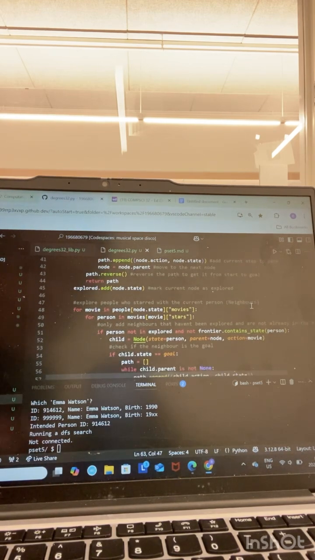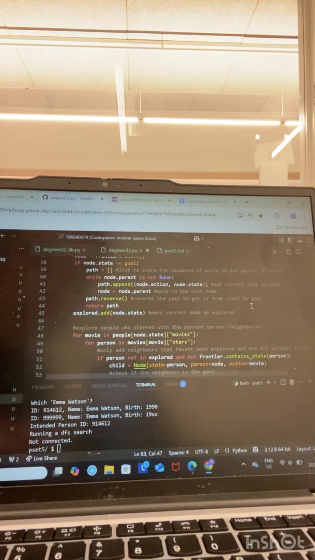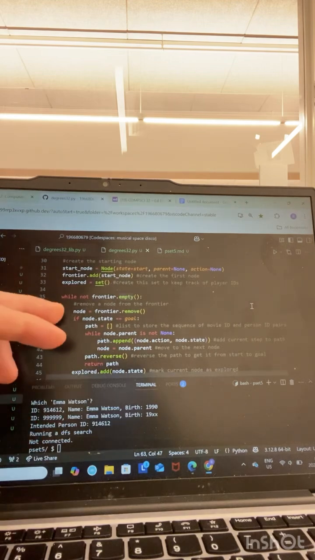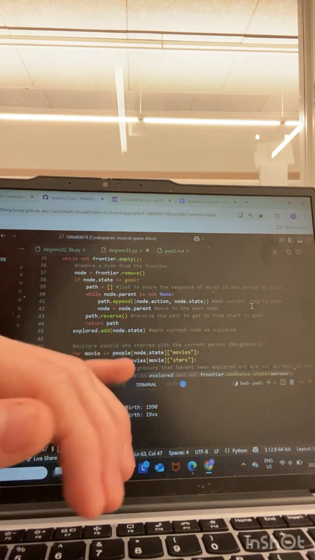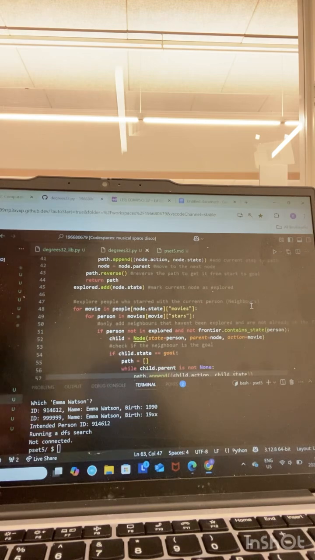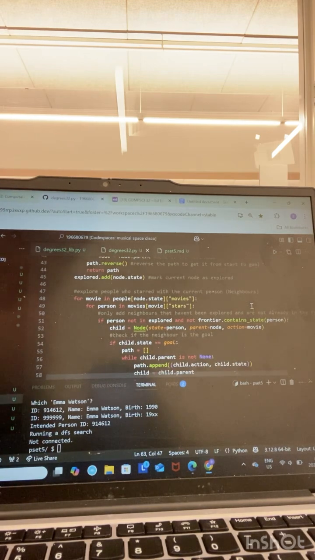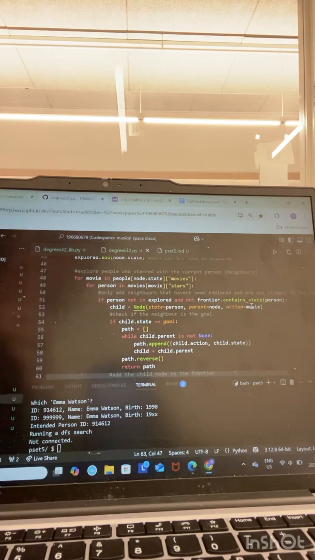Okay. And now, once we do that, we return the path. If this is not true, then we just add the node to the explored set, to say we have explored this node. There's no need to explore this node again, and it wasn't the goal. So now we're going to keep looking at this node, and we're going to look at the people who've starred